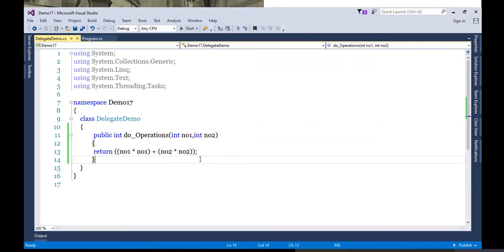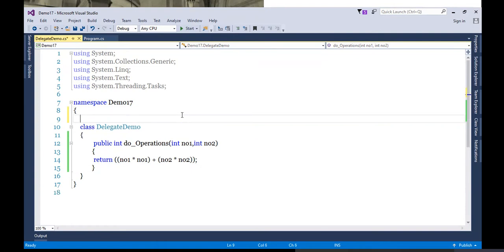Okay, so what is the first step? Create a delegate. Now again, like I told you, think about the return type of a method, think about the signature of a method. The same thing we are going to use when we create the delegate. So what are the steps?